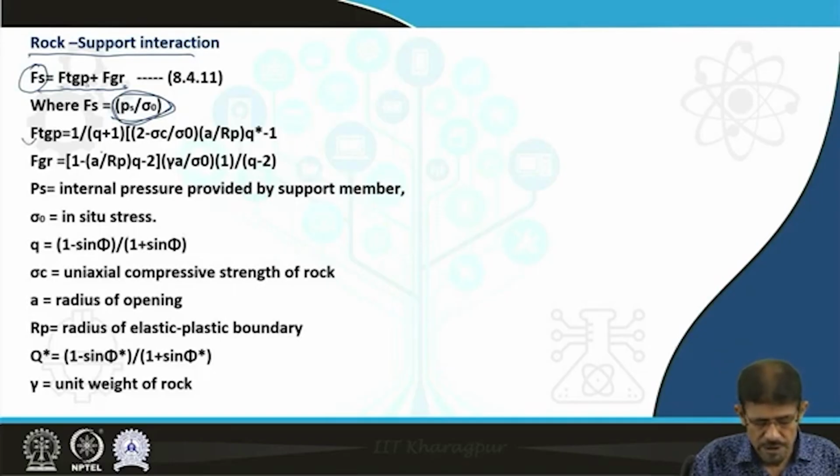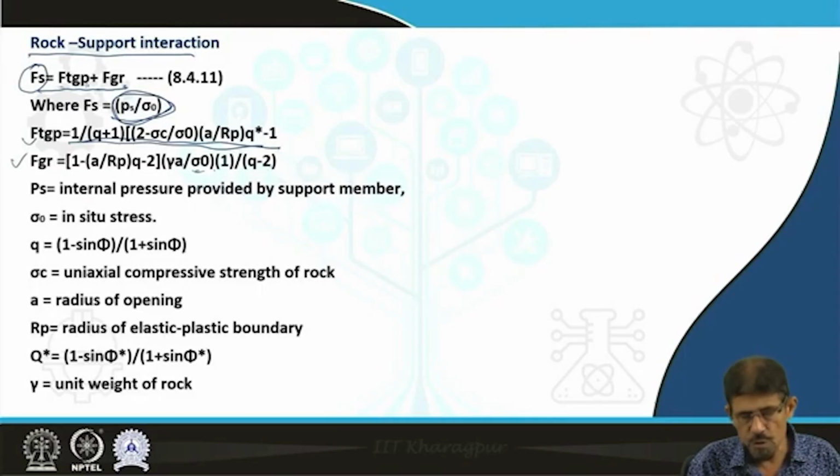This FTGP can be determined by this relationship: 1 by Q plus 1 into 2 minus sigma C by sigma 0 into A by Rp into Q star minus 1, whereas FGR can be calculated as 1 minus A by Rp into Q minus 2, multiplied by the unit weight of the rock into A by the initial stress, and then multiplied by 1 by Q minus, where PS is the internal pressure provided by the support member,